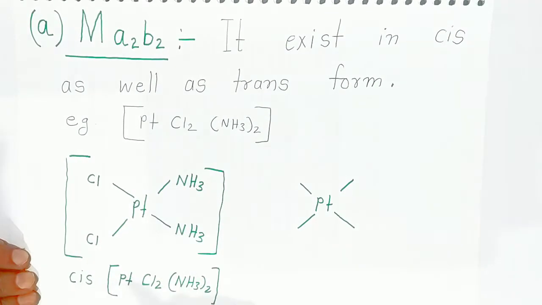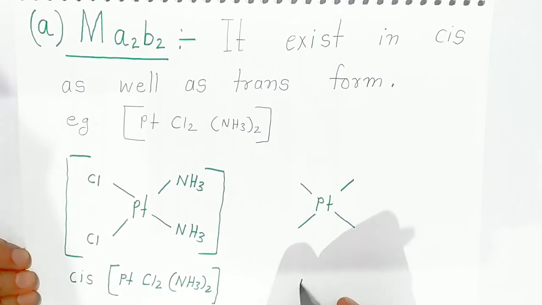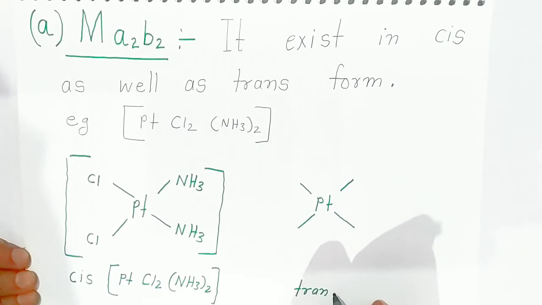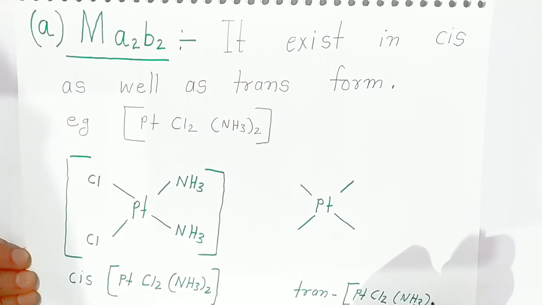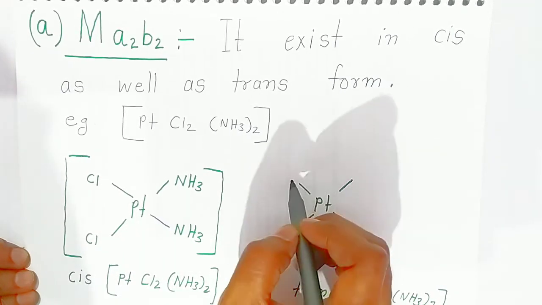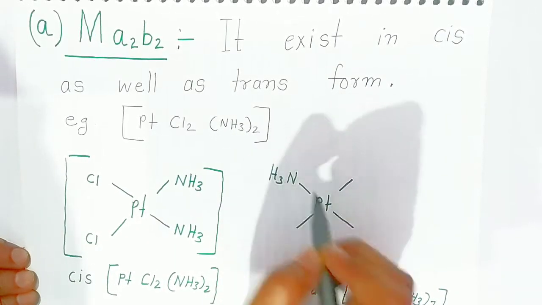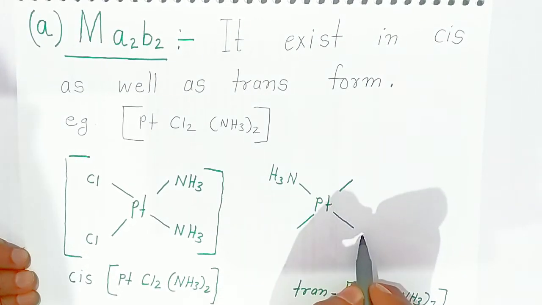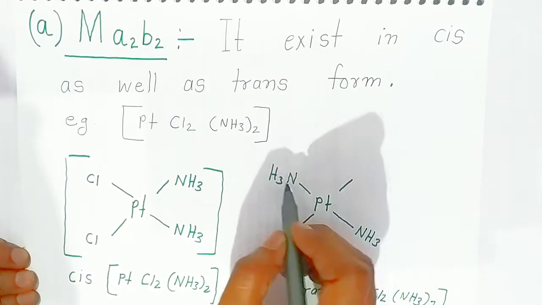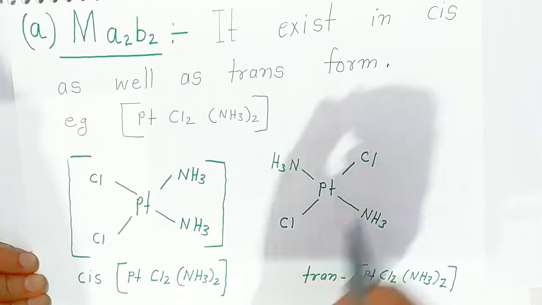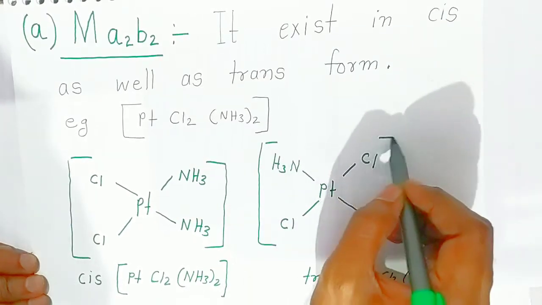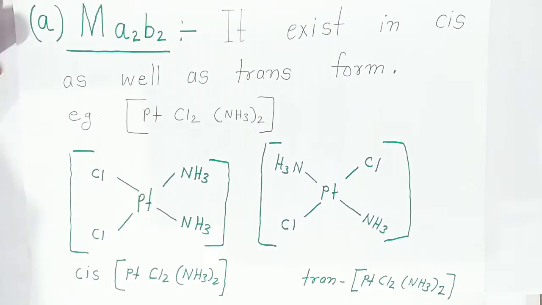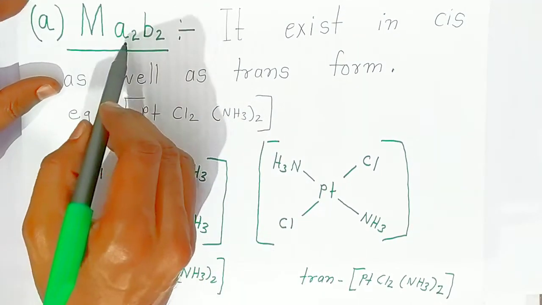Okay students. Now second, you want to write the trans type of platinum complex. For the trans type of complex, students, you write trans and then the whole platinum complex. The molecular formula will be the same; we are writing different structures. So what happens, students? Here if I am writing ammonia, opposite to ammonia you will find the ammonia ligand, and adjacent there will be chloride. So this is the trans; the ligands are trans to each other. That is why it is called the trans type of complex. This is very important from the examination point of view. This is the first type of complex, metal A2B2 type.